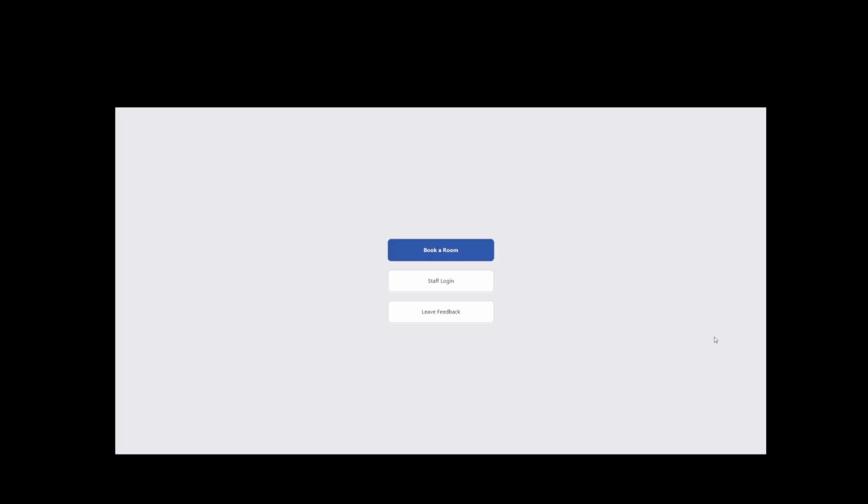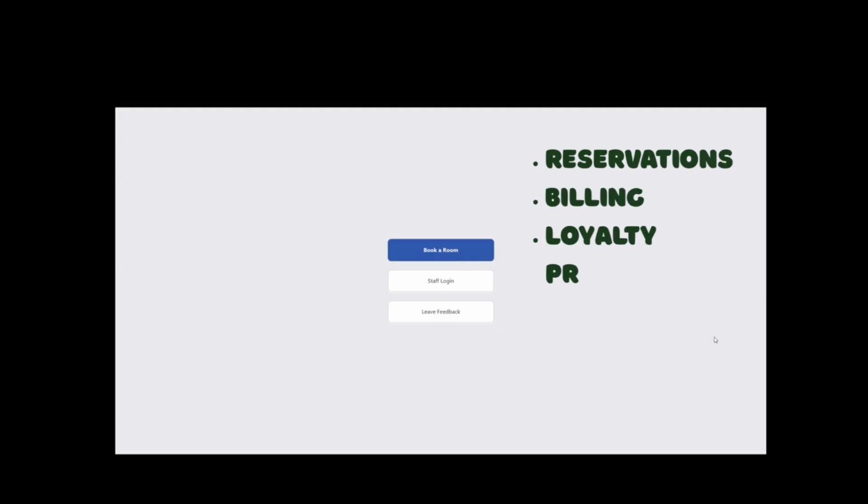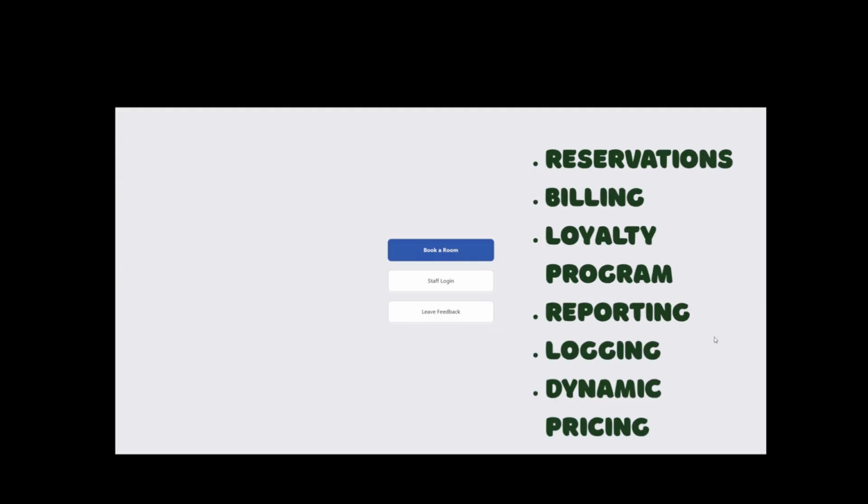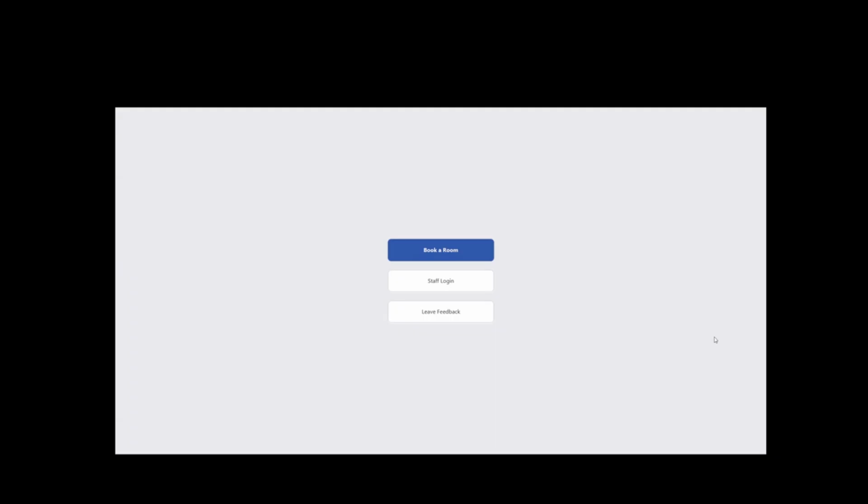And this is our HotelSeneca app. It's a JavaFX desktop app for running a hotel's front desk reservation, billing, loyalty, and reporting. It's built as a three-tier MVC structured Java app on top of Hibernate, SQLite, wired together with Guice for dependency